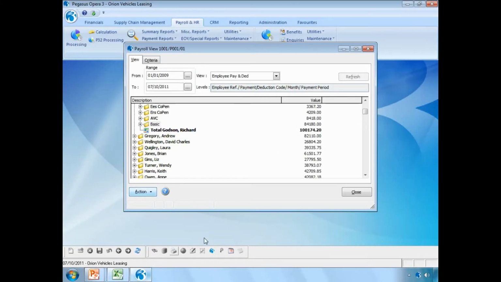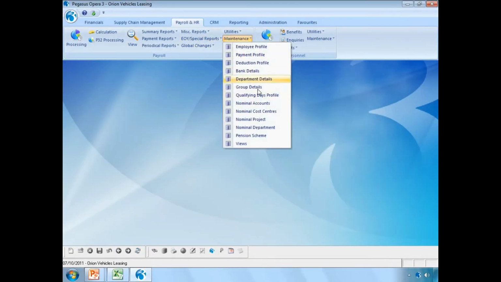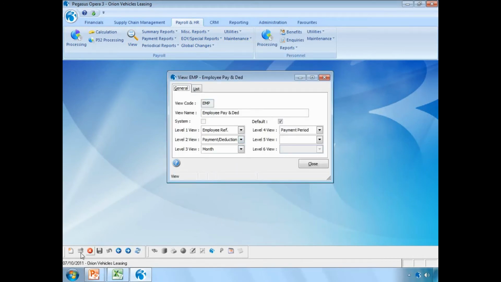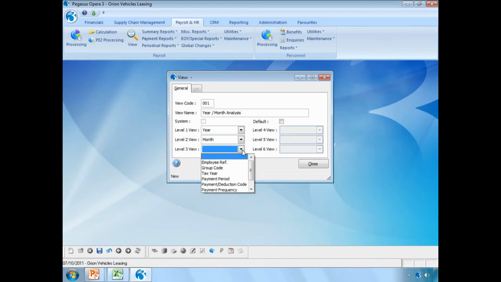We can create these views simply and quickly. Let's just create a view. I'm going to create a new view, and I'm going to call this view Year-Month Analysis. In this particular view, I'm going to include the calendar year, the calendar month, and I'm just going to include who the employee is. Notice it allows us to define 6 levels of analysis. I'm only using 3 in this example. If I save this away and we go back to the view screen,